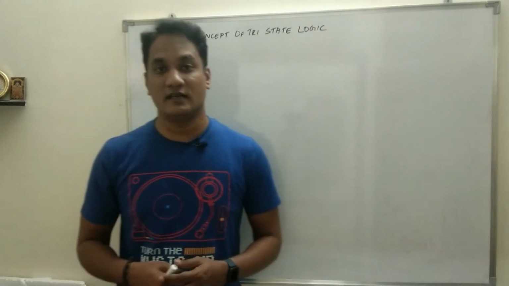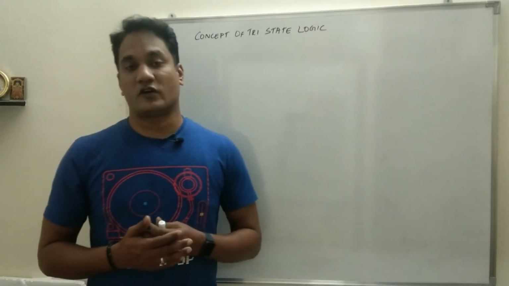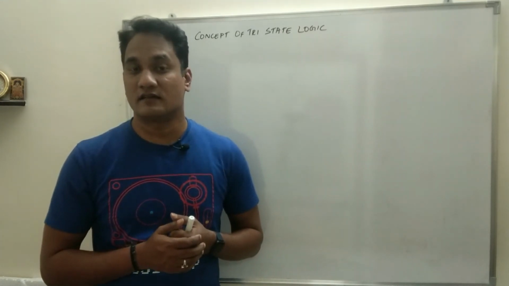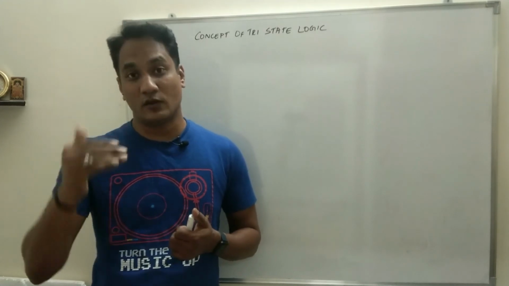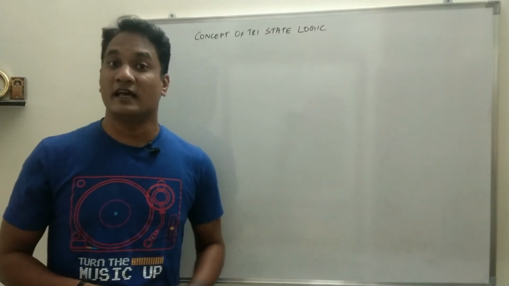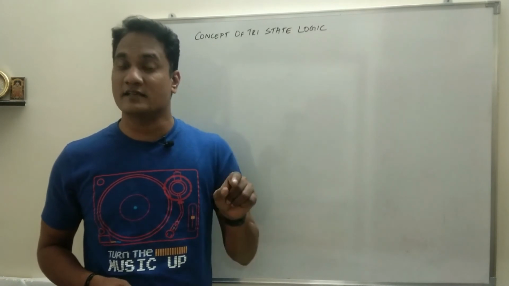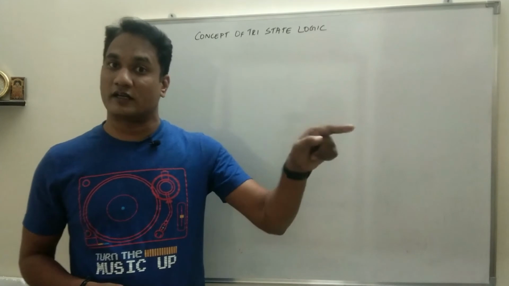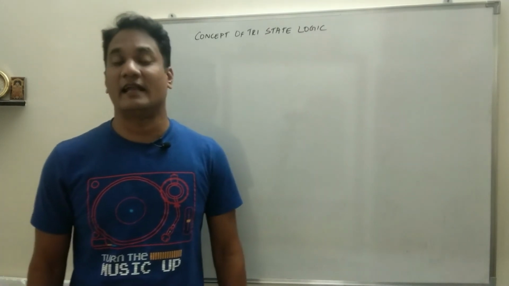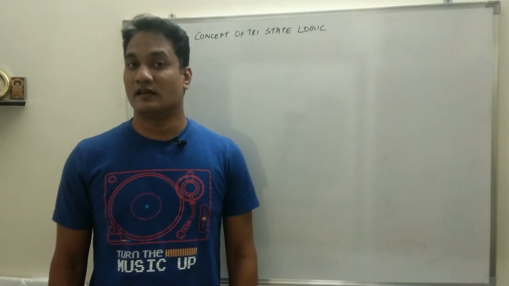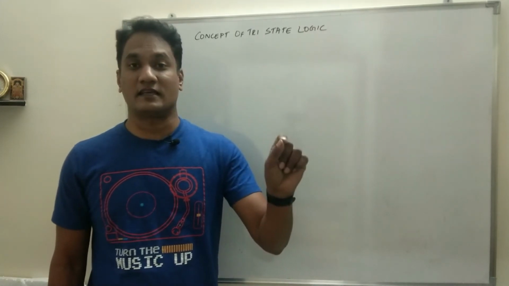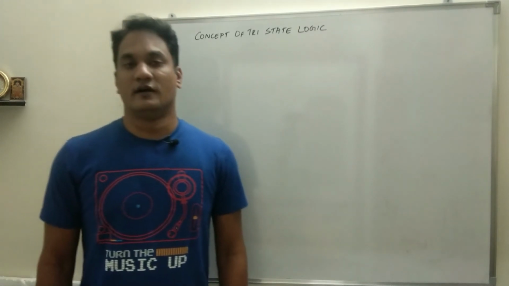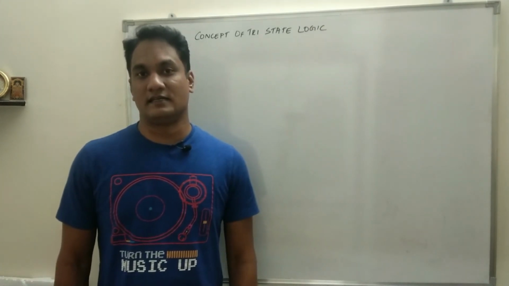Have you understood what I said? See, in the previous circuits, whatever we have studied, we have given input A and B, and accordingly output Y has changed. The output Y was 0 and 1, and that 0 and 1 was dependent upon the condition applied at A and B. But what I am saying now is the output should always remain 0 irrespective of whatever be the condition at A and B. That means whatever be the change at the input A and B, the output should not change. The output should always remain 0. That state in a digital circuit is the third state.